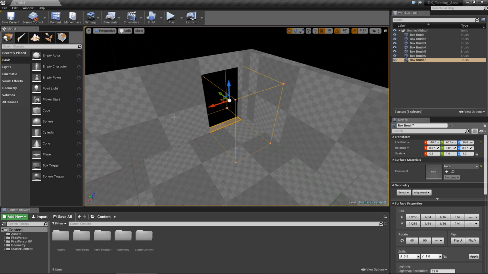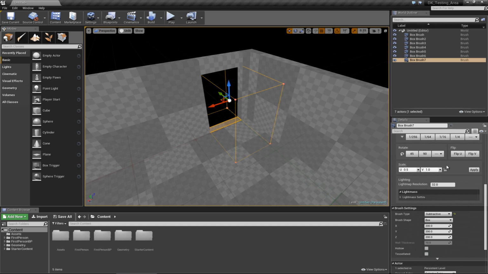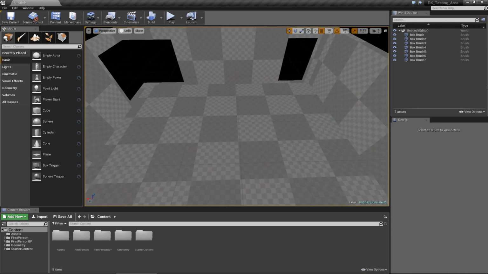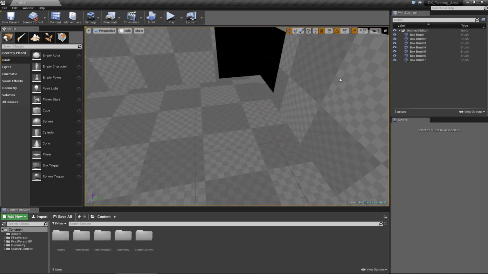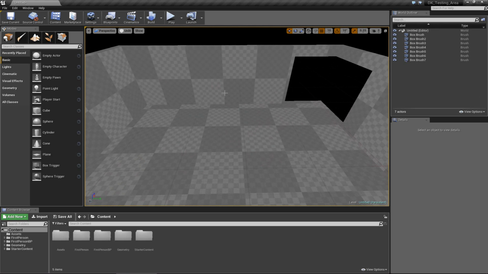Now the next thing that you would probably want to get when you're making a scene would probably be to insert something that is going to make it easier for you to know the scale of your scene. Because at the moment, I pretty much don't know how big these holes are or how tall these walls are. So the way to do it would be just import an asset that you would probably know the size of. Because this is a startup project, it has the assets that come with the startup